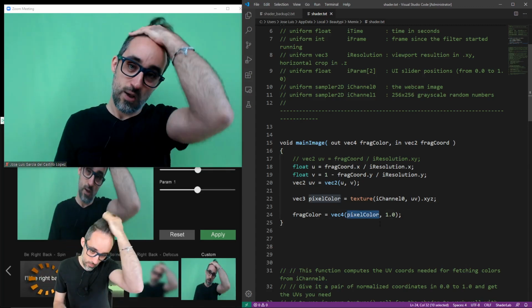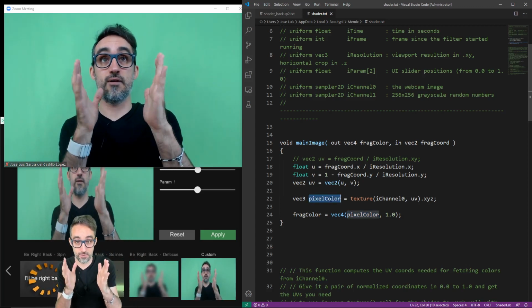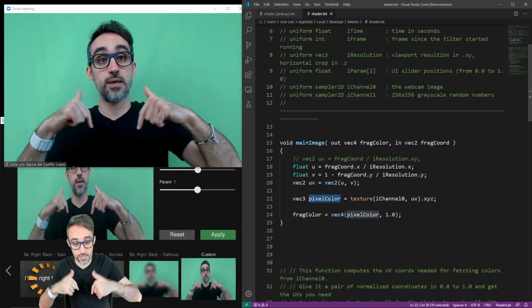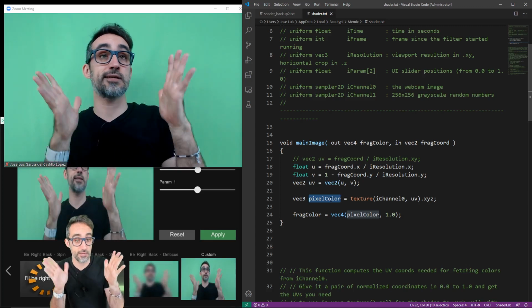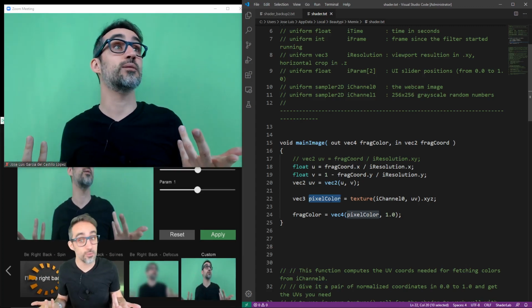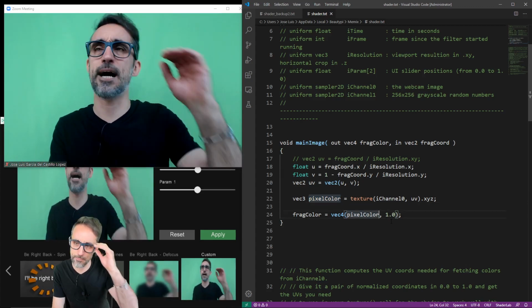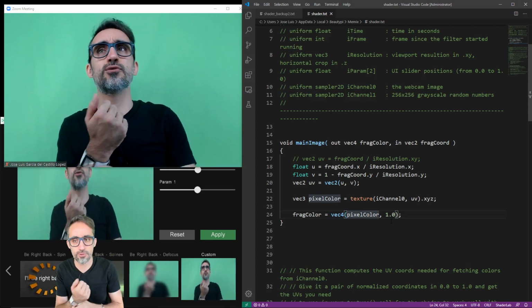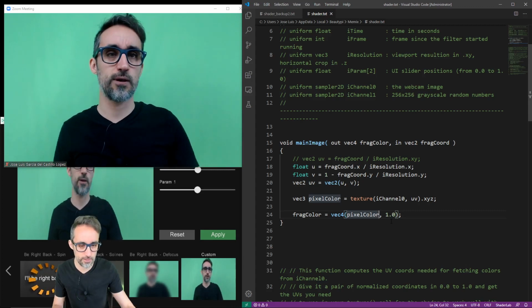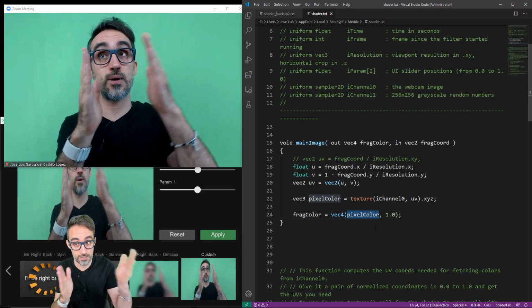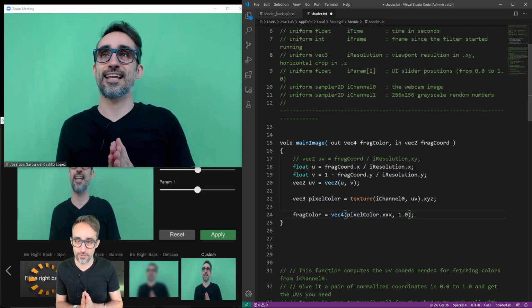Okay. Why is this interesting? It's interesting because now I have in a variable the color of the pixel that I am in, but from the webcam feed that is coming in. And because I have the color, I have the three numbers, I can do manipulations with those numbers. So for example, let's say I'm going to use only the red channel. Here, instead of pixel color xyz, I'm going to replace this with just the red channel,